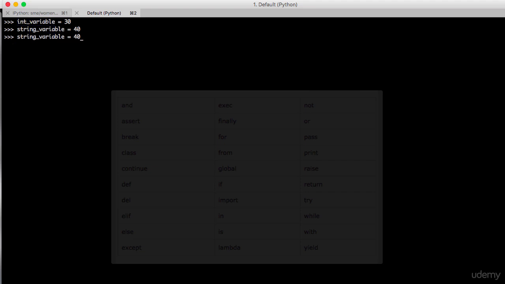Sorry, actually you need to create a string variable with a string value, so that it will become a string data type. Let's check what we have created. Thirty. So we have assigned 30 to the integer variable. Let's check the value of the string variable.